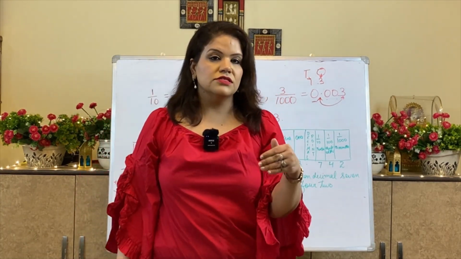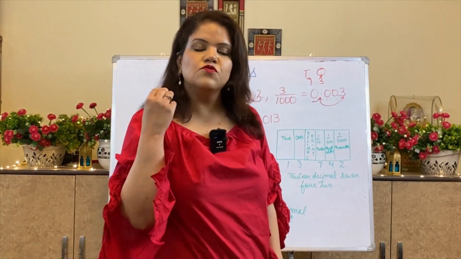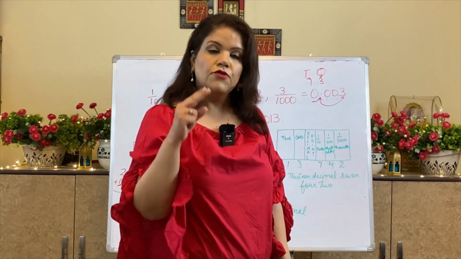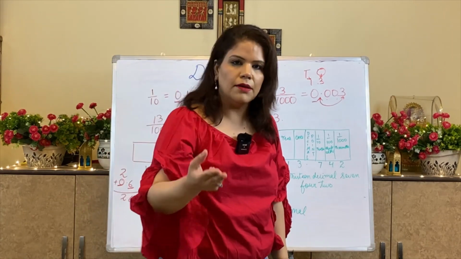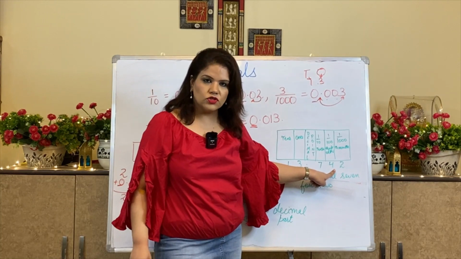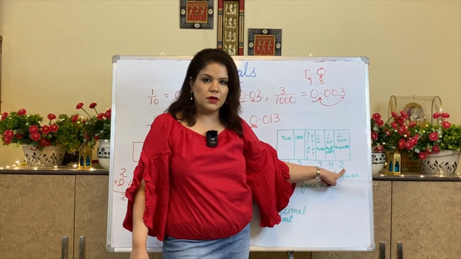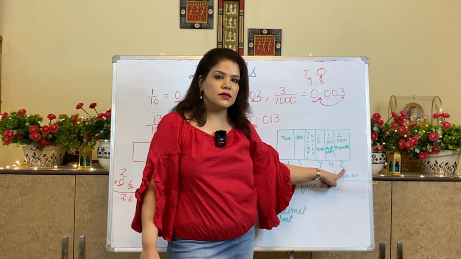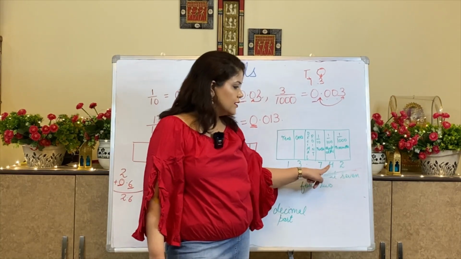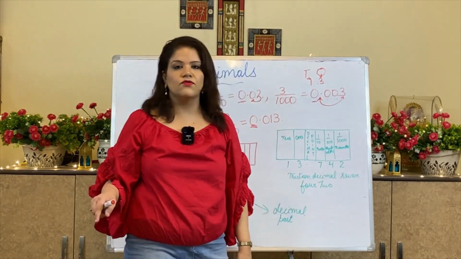Why is 7 1 by 10? Because we know when there is 1 zero, then we take 1 digit after the decimal. When there are 2 zeros, that number will become 1 by 100. So if I am taking 4, what is the actual value of 4? 4 by 100. And what is the actual value of 2 after the decimal if I am writing it? 2 by 1000. So we read it as 0.742. This is 1/10, this is 1/100, this is 1/1000. We don't read it as 742.